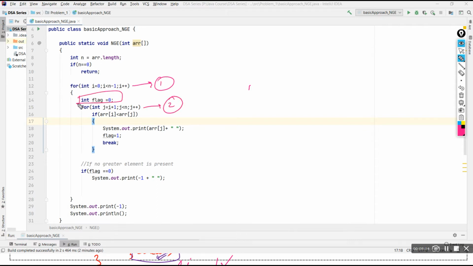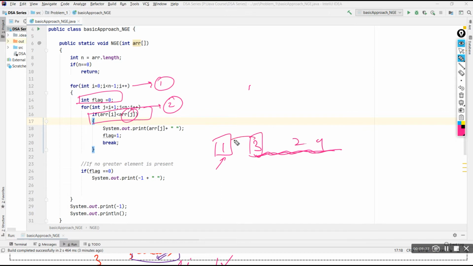Here we are initializing the flag value, and here we are checking the elements. Okay, so what we are doing here, we are checking the elements. So we are checking that is arr of j, that is these things. arr of j means this.